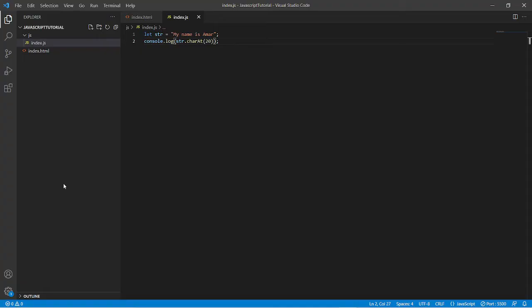So as we saw, the charAt method and the property access feature work in the same way. The only difference is when the index that we are providing is not present in the given string. So it totally depends on you what you want to use. Let's jump to the next feature.